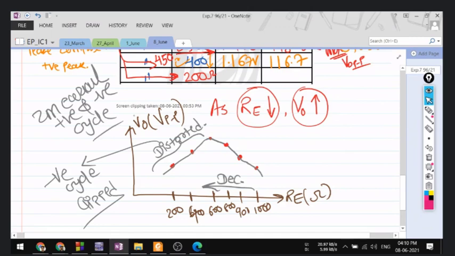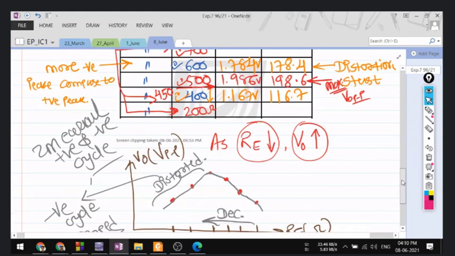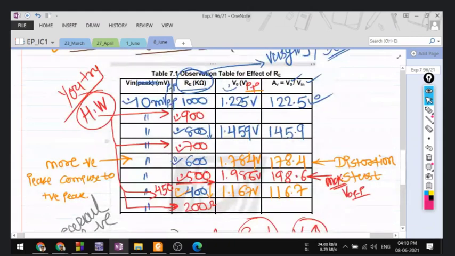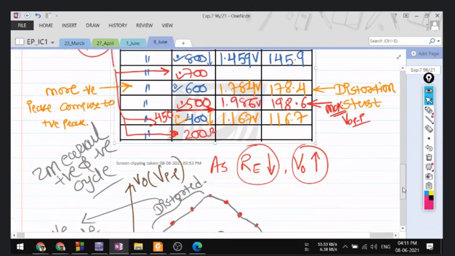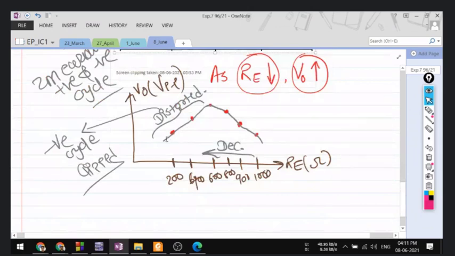Students, this kind of graph you have to draw. You have to fill up this table: 1000, 900, 800, 700, 600, 500, 400. As you keep on decreasing, your output increases, then increases, then starts decreasing. If you keep 200, it will further decrease. So your graph looks like this: as you keep on decreasing, it is increasing, and after some time, it is decreasing. This will be the nature of the graph that you draw. Increase, increase, increase, and then decrease, decrease.